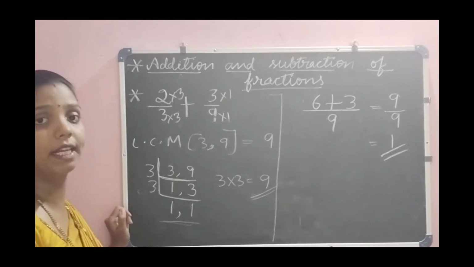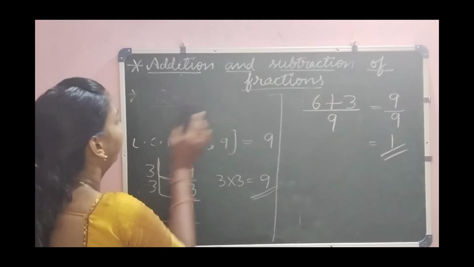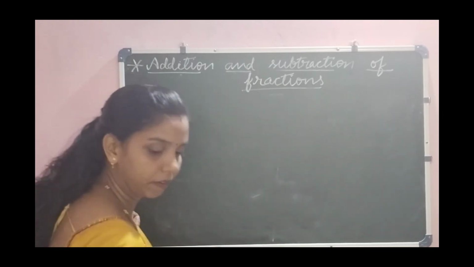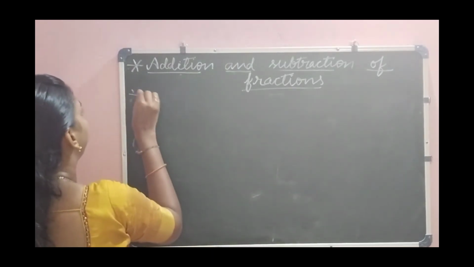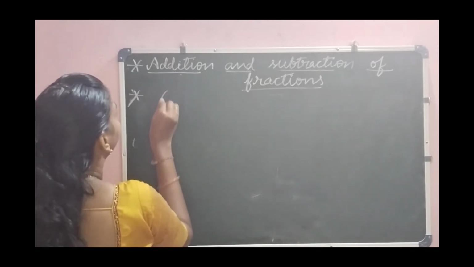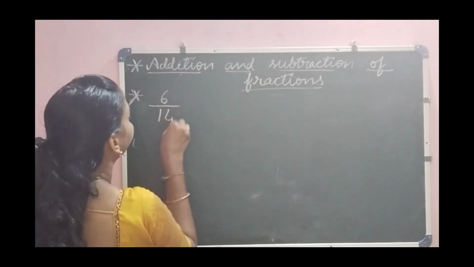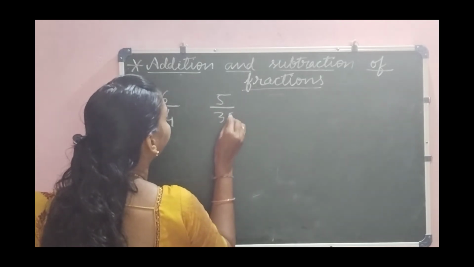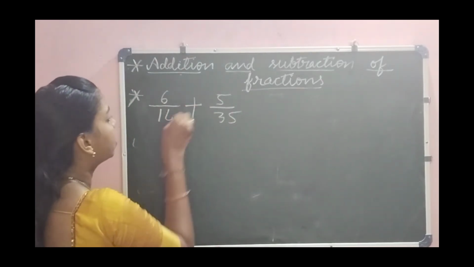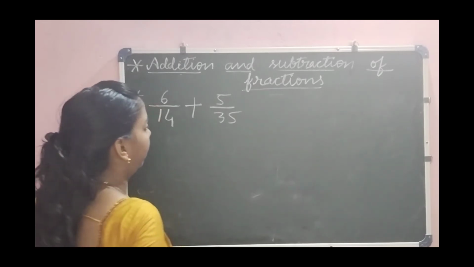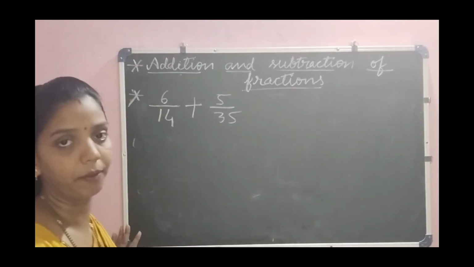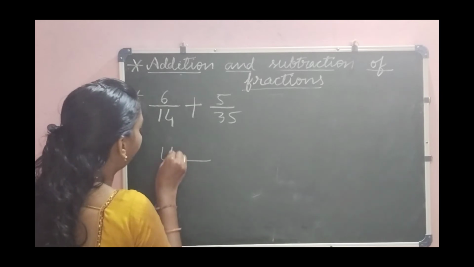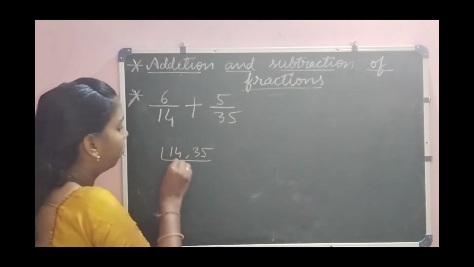Now if I consider one more example, I hope you understood this one. If I consider one more example, something by 14 plus 5 by 35. Now the denominators are different. So if I take these two for the LCM, 14 and 35,